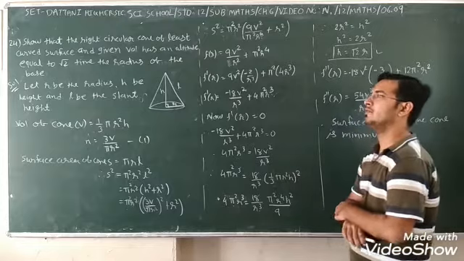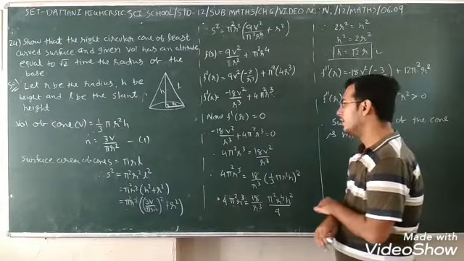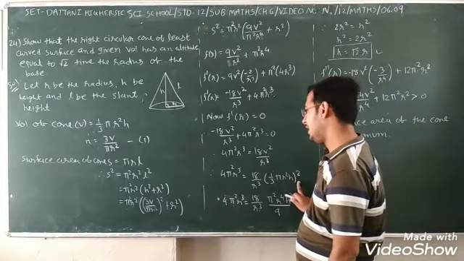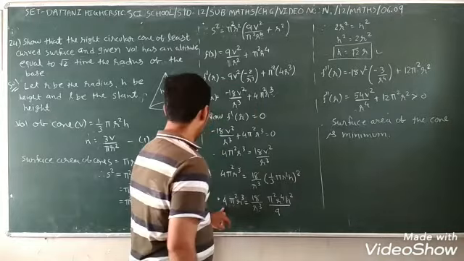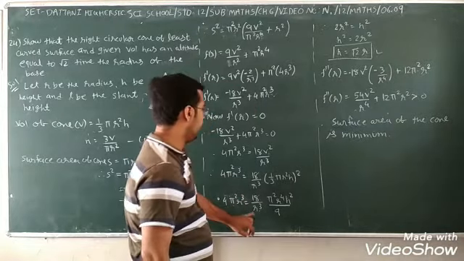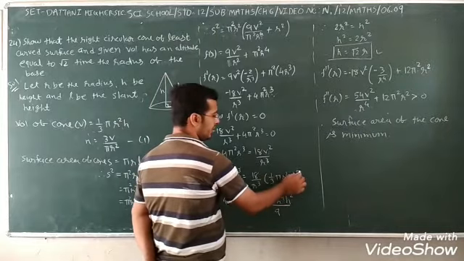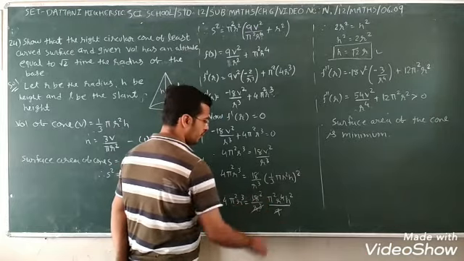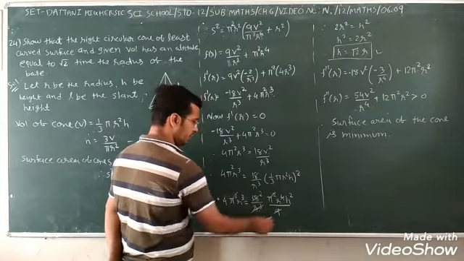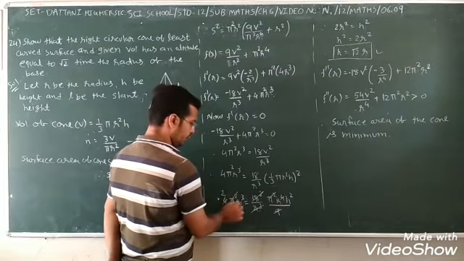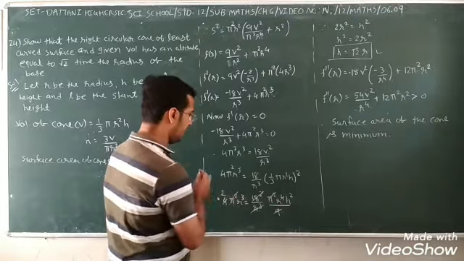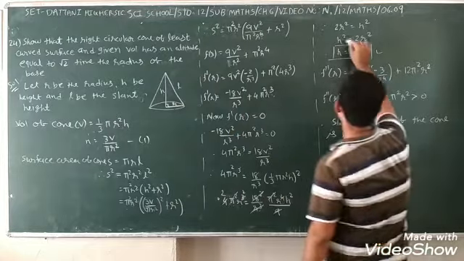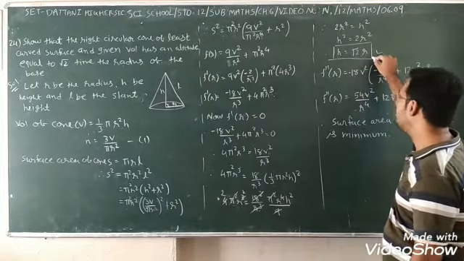I want to prove h is equal to root 2 r, but here there is V, so I want to remove V. V is equal to what? 1/3 pi r square h. So here, this thing as it is, pi square r raised to 4 h square, 3 square 9, 2s are r cube cut, pi square cut, so into 2s are 2r. Here one r left, so that r also cuts, 2r square is equal to h square. H square is equal to 2r square. Taking root, h is equal to root 2 r.